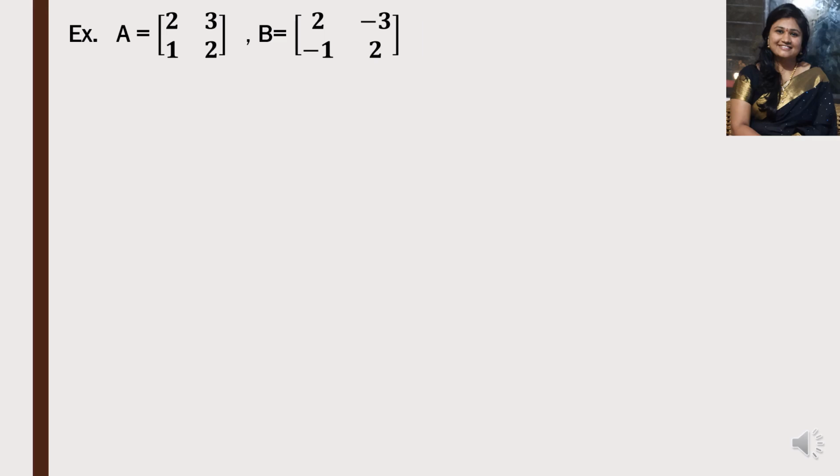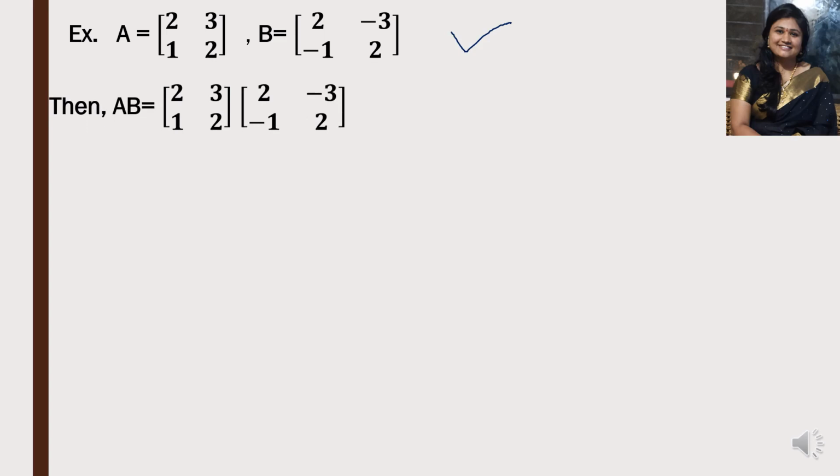So the matrix order is 2 by 2, and it contains the same number of rows and the same number of columns. So it is again a square matrix. So the first condition for the matrices having an inverse is that the matrices are square matrices and have the same order. So these two matrices are square matrices and the order is 2 by 2. So the first condition is satisfied. Now we take the second condition for having an inverse of the matrix.